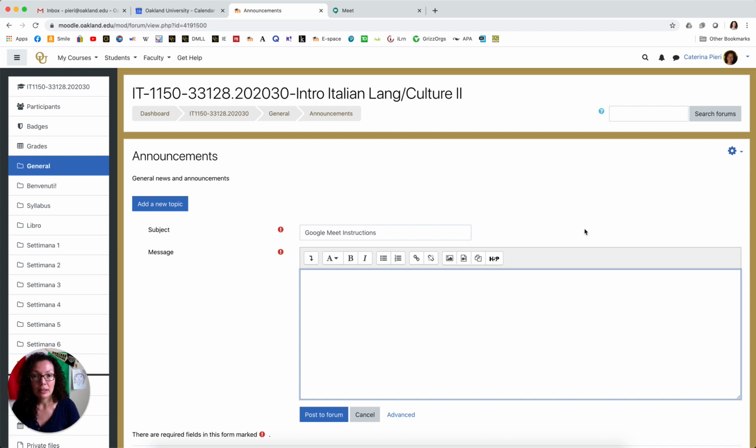And then you can be specific if you want and say participation in this class will be evaluated through your attendance in Google Meet.